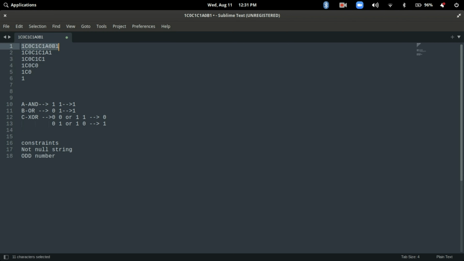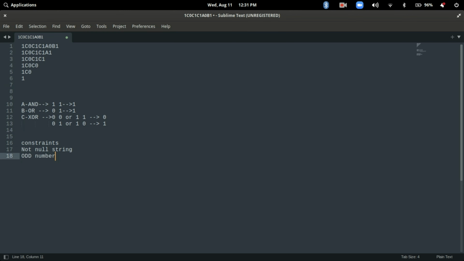So whatever string you put, based on that it should calculate. Okay, but the values should be only 1 and 0, and in between the operator should be C, A and B. Okay, and a few important constraints that we will be putting, like the string should not be a null string and it should be an odd length. Always it would be an odd number. If it is an even length string, that means that is a wrong string and it should not calculate based on that. So it should always be odd length and it should not be null.